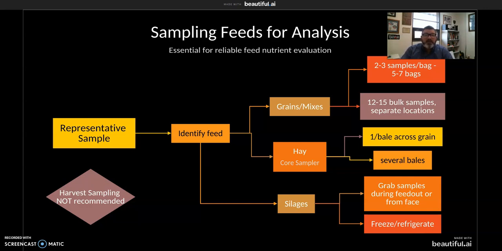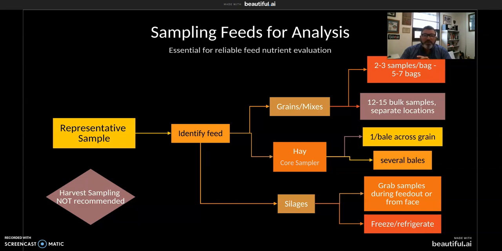So next, then, you're going to clearly identify the feed. If we're talking about corn silage, you might identify it simply as corn silage. If there's multiple silos or multiple bunkers, you might identify it by bunker. If you know the cutting of hay, you might identify it in that manner. You certainly might identify it grass hay versus alfalfa hay. There's a number of different identification methods that you can go through. It just really depends on who you're working with in terms of the producer, your lab, and how you might